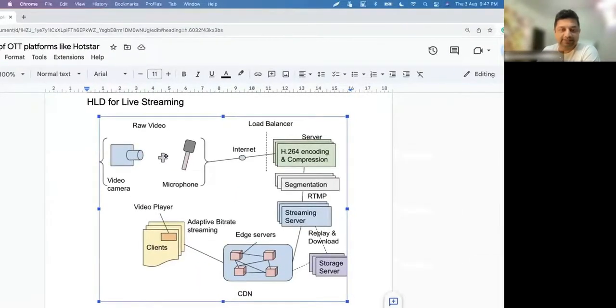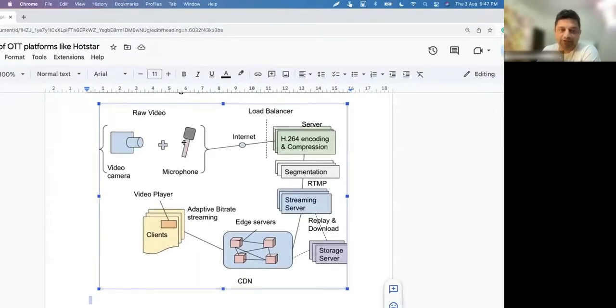This is the same diagram: video and microphone, raw video over the high-speed internet goes via load balancers to the servers where encoding and compression happen. The exact encoding I have given, H.264 encoding is being used here, which is important for transmitting the videos.